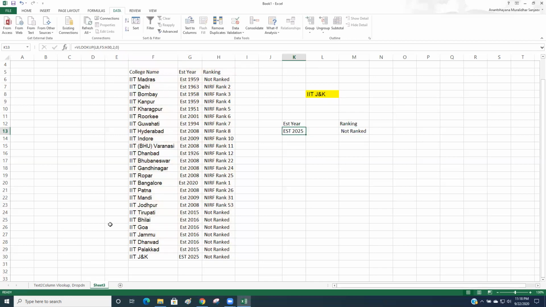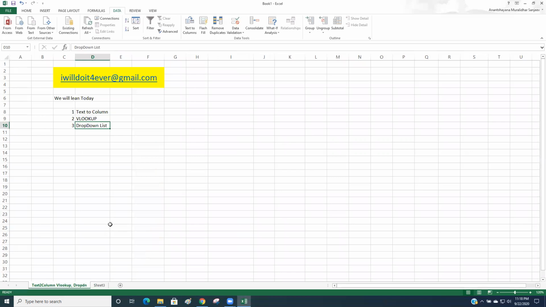So I hope you understood text to column, VLOOKUP and drop down list, and I hope you liked the link between text to column, VLOOKUP and drop down list. I hope it helps somewhere in your job to improve your Excel spreadsheet work.